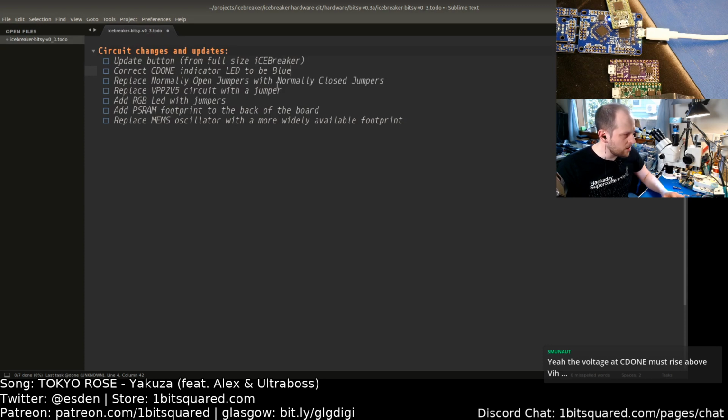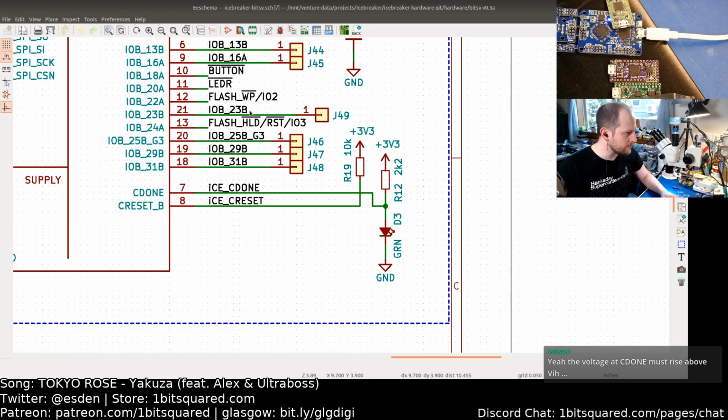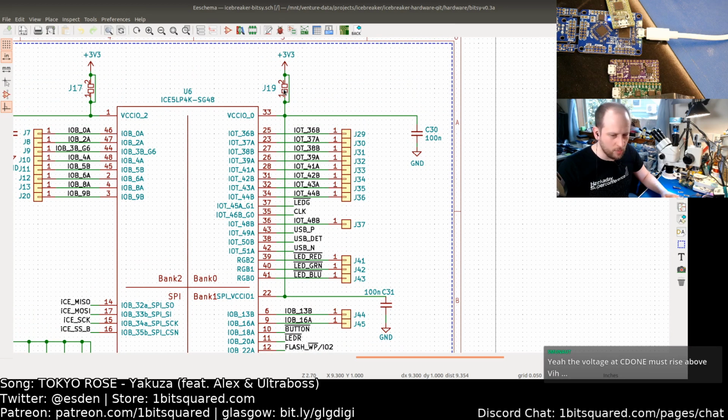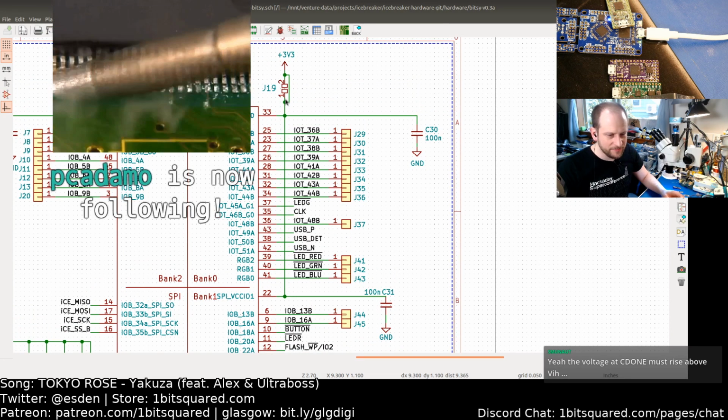We need to replace the normally open jumpers. This is an update I made on the full-size iCEBreaker, and these are these jumpers. Instead of having an open jumper and then having a connection here,